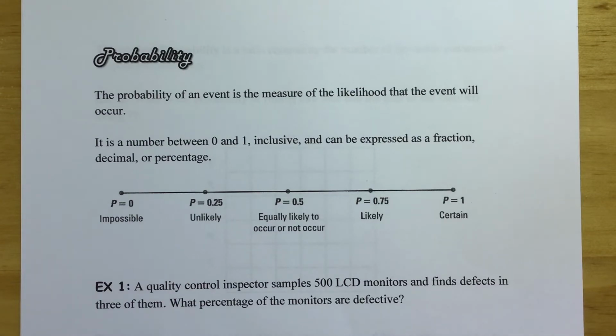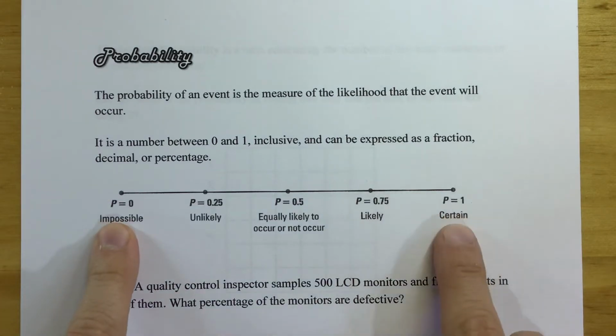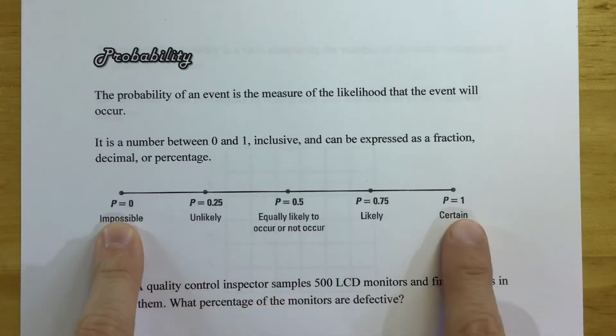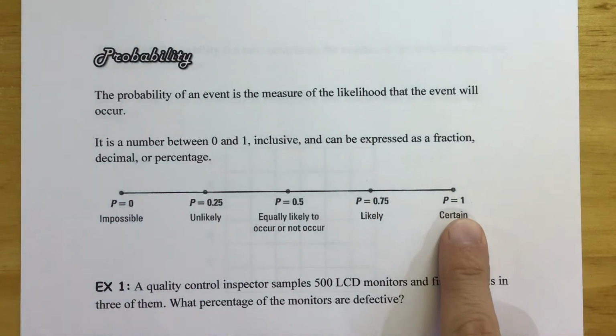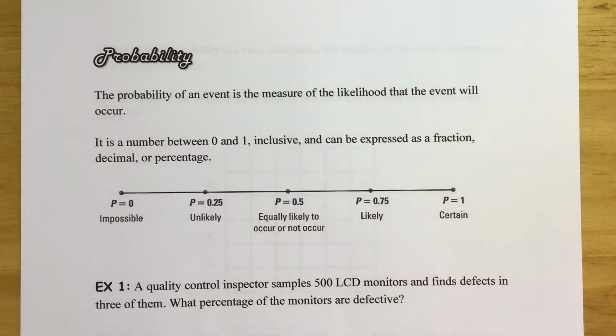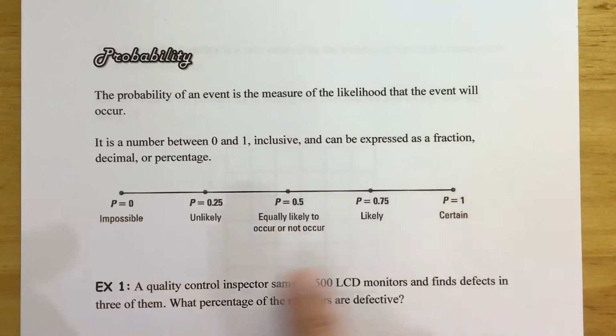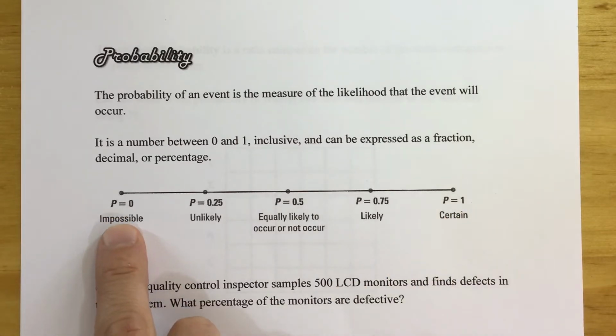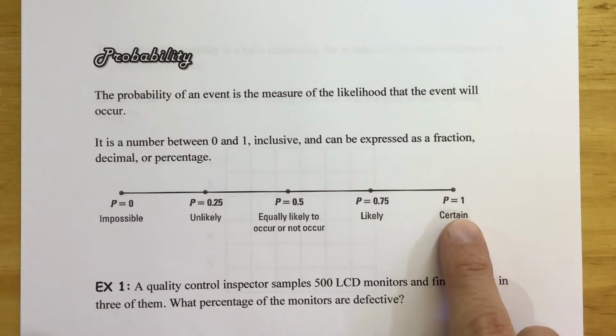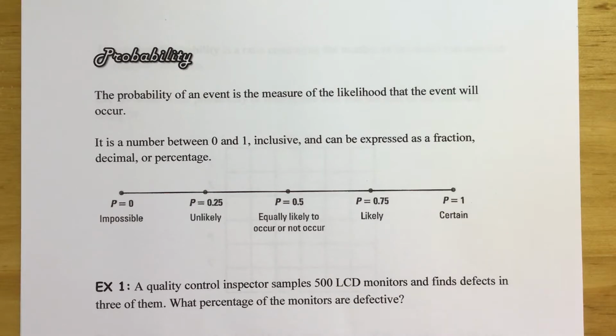The range of values that we are going to use to describe the probability of an event are going to be from 0 to 1. These are basically decimal forms of percentages. You may have some experience with probability or phrases of probability, and you talk about them as percentages. These are the same thing here, just presented as decimal forms. So a 0 probability or 0% probability is something being impossible. It will not happen at all. On the other end, you can have a probability of 1, or 100%, which means that it is absolutely certain that it is going to occur.